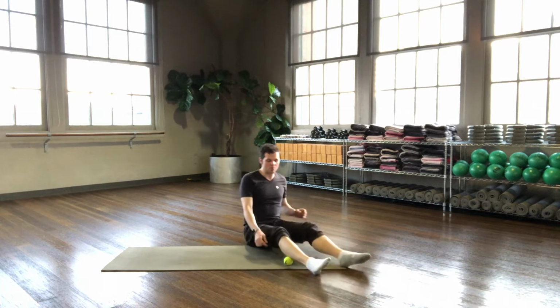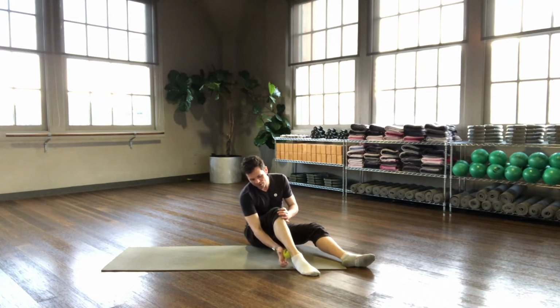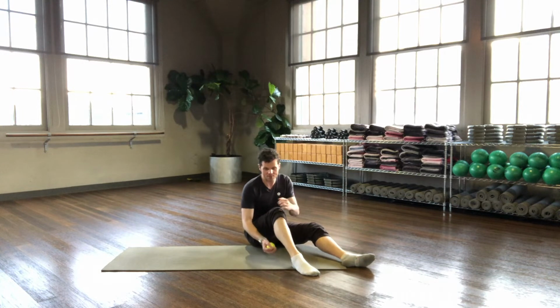If that's too hard for you, and this is true for anything, feel free to just do this manually. And again, you can go all the way down closer to the ankle. Usually this is where it's a little bit tight, a little bit hot for everybody. So kind of roll this out. This is one of your stabilizer muscles. This is one of the ones that helps propel you to push off, yes, but it also is one of the stabilizers for balance. Holds a lot of tension, and it's a hard one to stretch for some people,